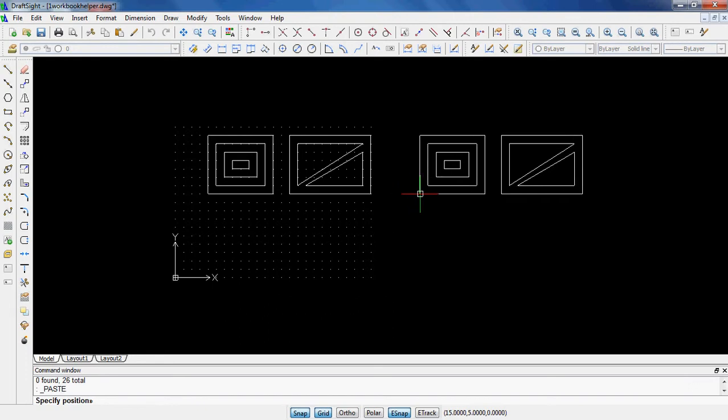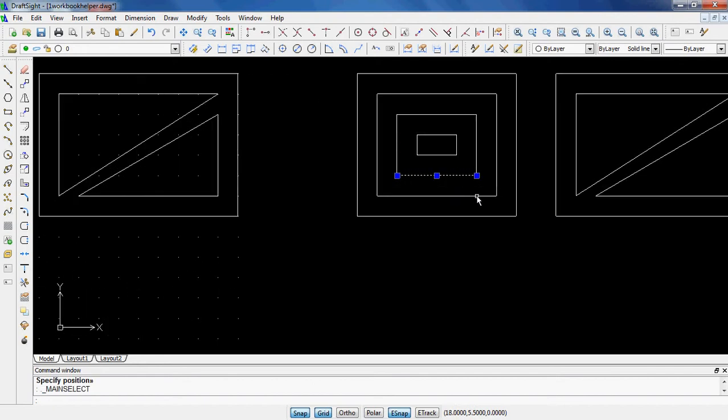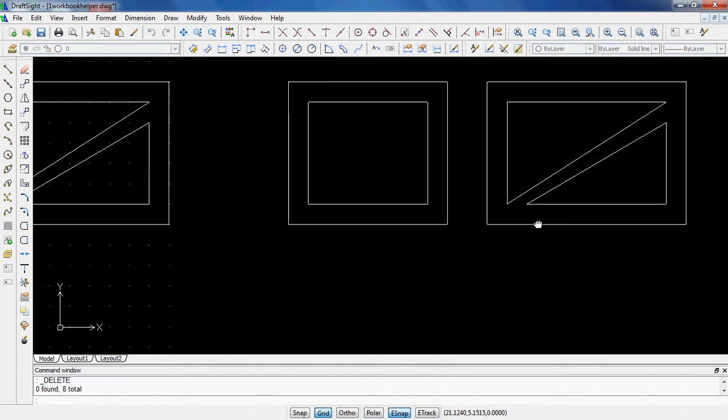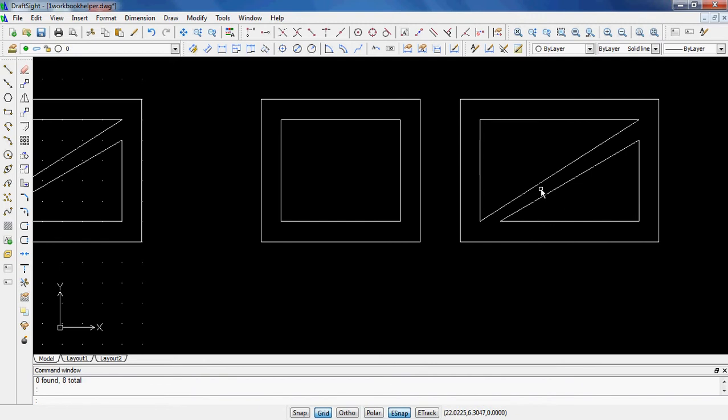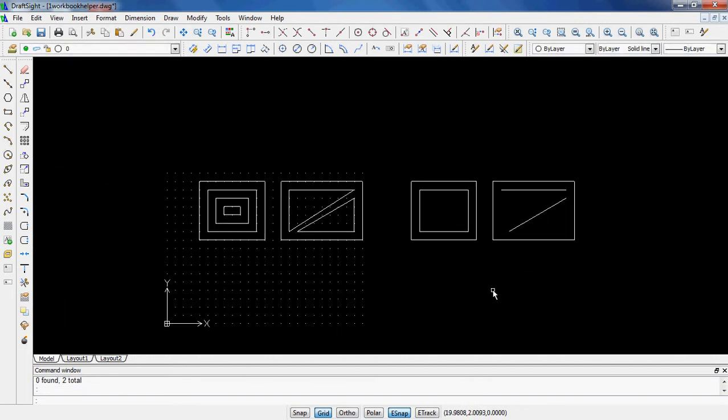And I'm going to go ahead and put these guys over here, and all it wants us to do is delete some things. So I'm going to zoom in, and I'm going to turn snap off because it's easier for me to use my cursor. And what I can do is I can delete some of these guys, and now I've got that guy, and now I believe it wants one of these diagonal lines. It wants me to get rid of those guys, and it wants me to get rid of these two guys right there. And so that's what it looks like. And so that makes it a lot easier when I can use copy and paste,